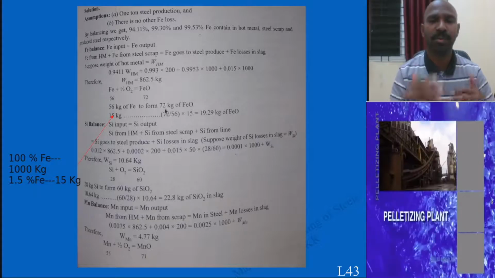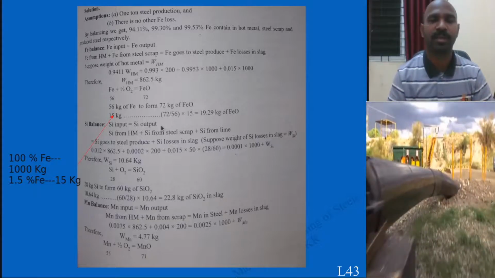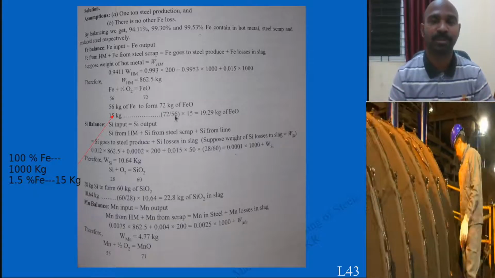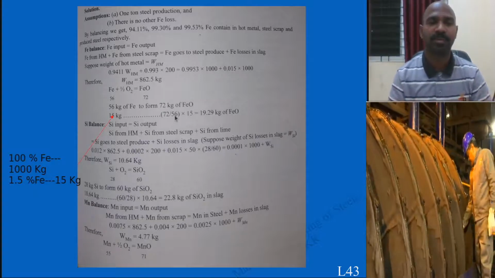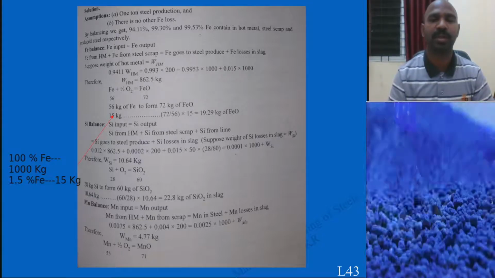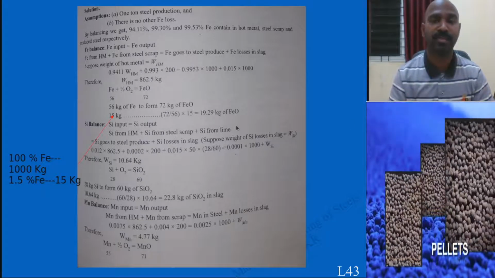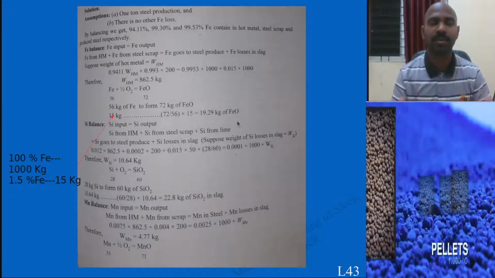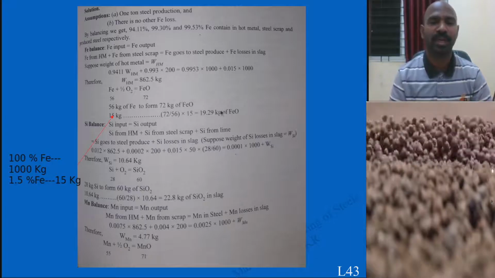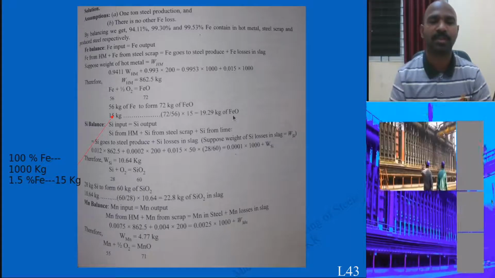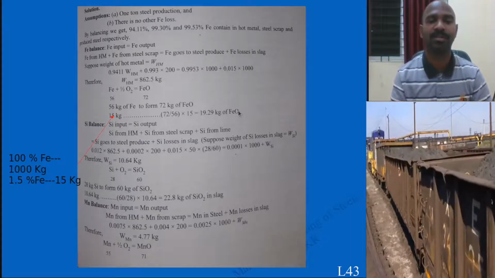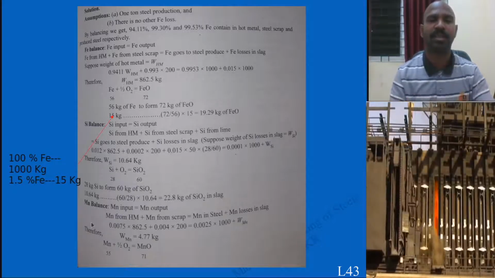So that becomes 72 by 56 into 15. So that is, and the next step is calculation of FeO, that is equal to 19.29. This is one, the FeO amount of slag. FeO is 19.29. Similarly, silicon